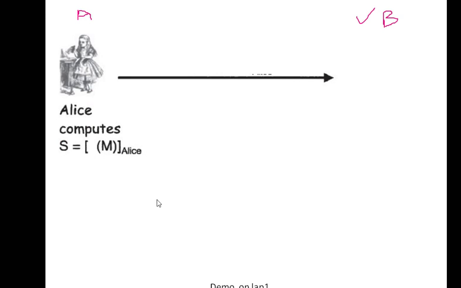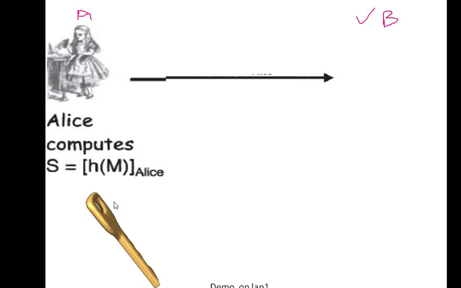Now try to understand this scenario. Alice wants to send a message to Bob, and how will she send the message? Alice computes her signature with the help of her private key. We have seen this before.